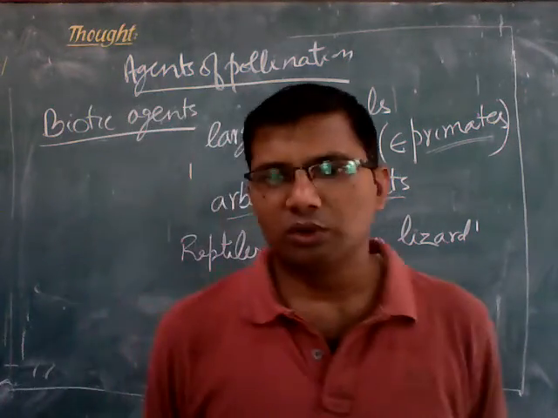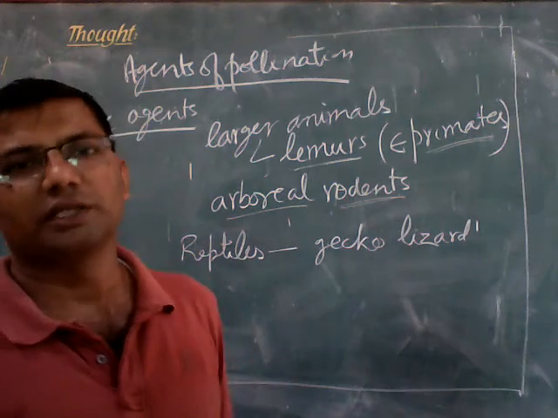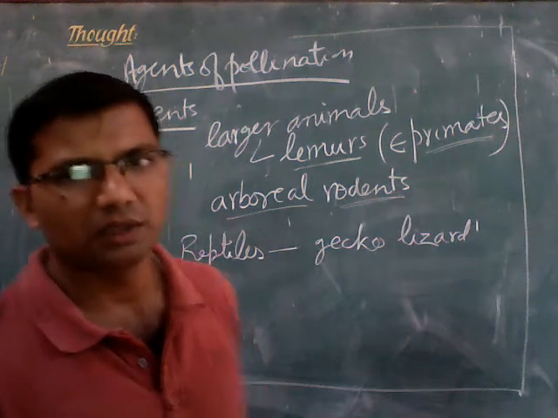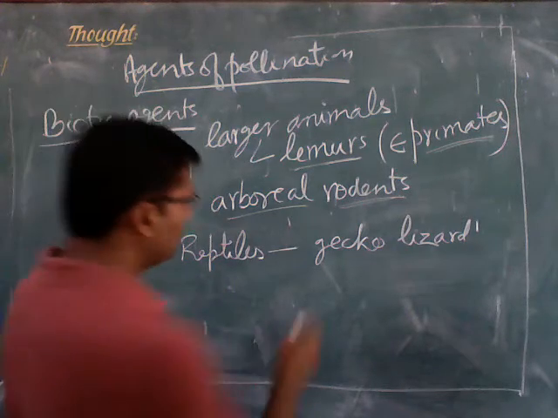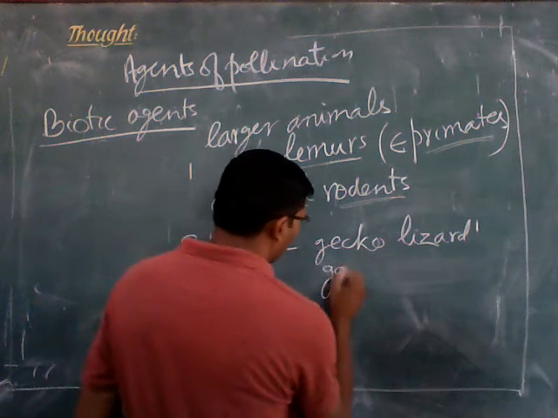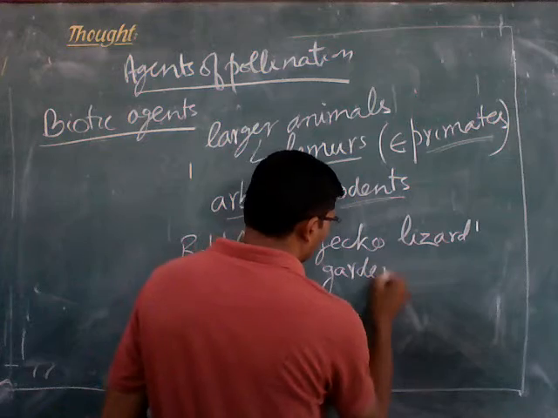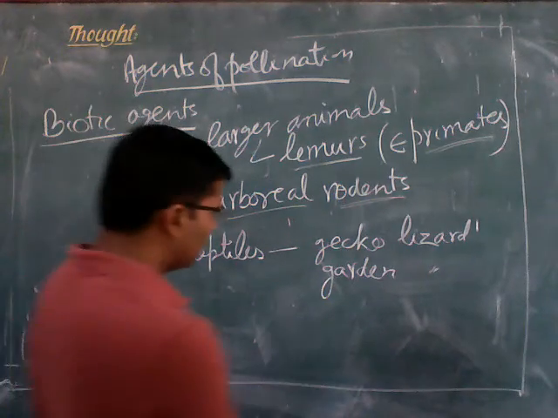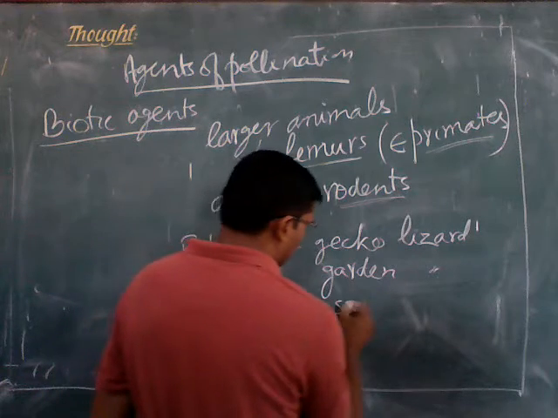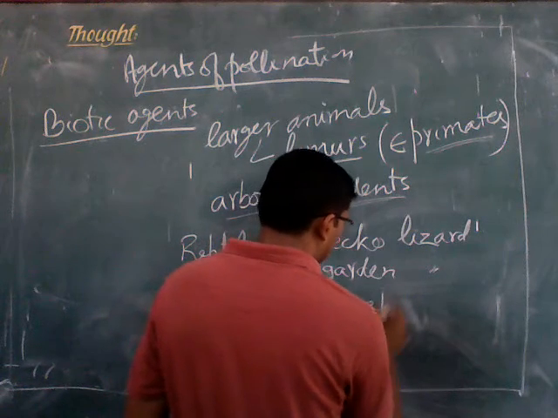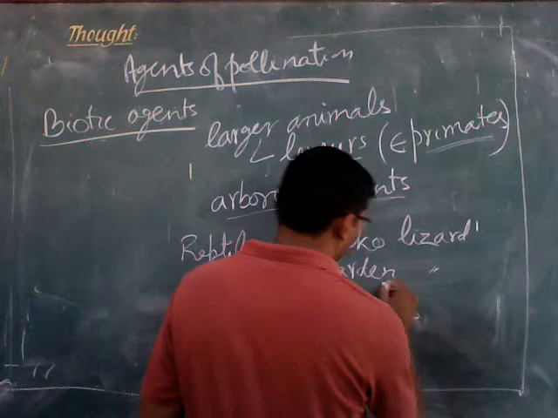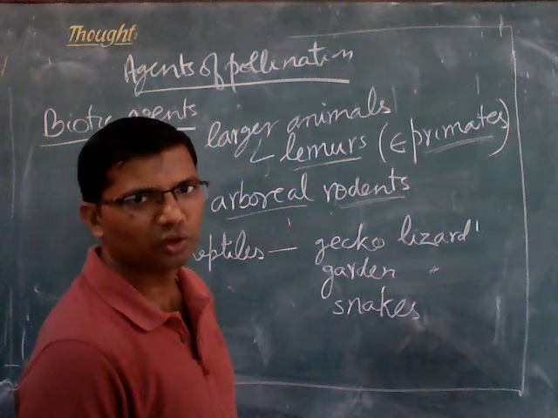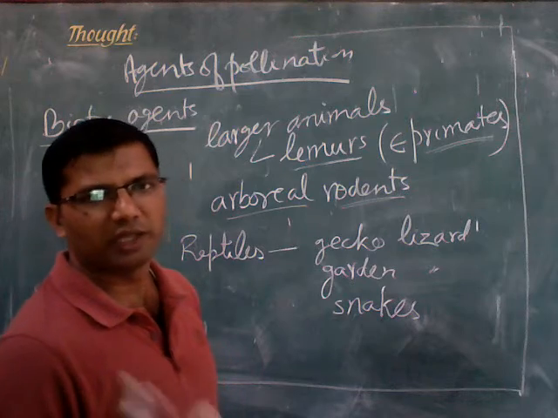So gecko also helps in pollination of certain flowers. And in addition to gecko lizard, there is this garden lizard and common lizard. This also can help in the pollination. Then surprisingly, certain snakes also help in the pollination. Okay? For example, you would have heard that there are certain snakes which actually remain attached to the